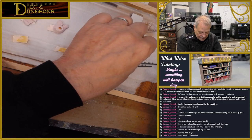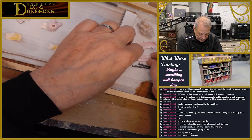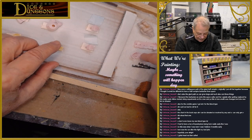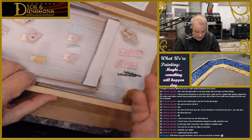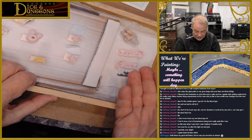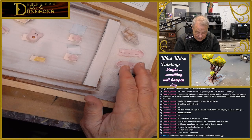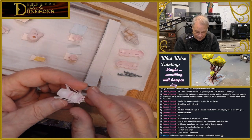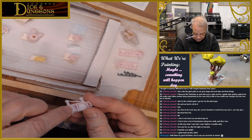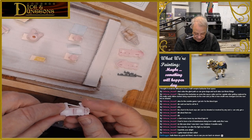I'm going to set these here, and I'm not going to paint the inside. The inside is painted duraluminum because this is what it's made out of. The engine cowling is made out of metal. The rest of the plane is made out of wood, but this has to be metal because of the heat of the engine. And then there were these two on the bottom. This is the one I'm concerned about. This one I'll probably...